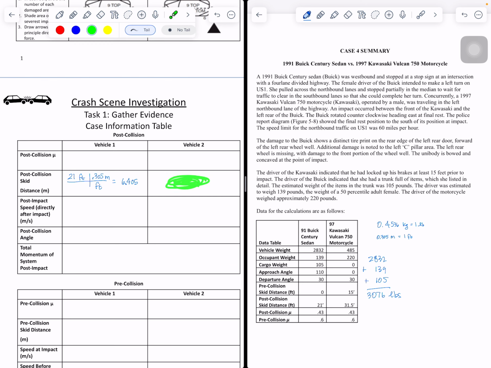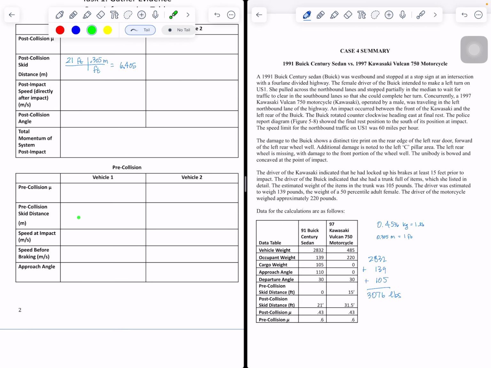You can do the post-collision skid distance for vehicle 2. You can do a similar thing for vehicle 1 and vehicle 2. That would be this information right here. You can put in the mu's if you want to, you don't have to. But the other thing that you're going to want to do,